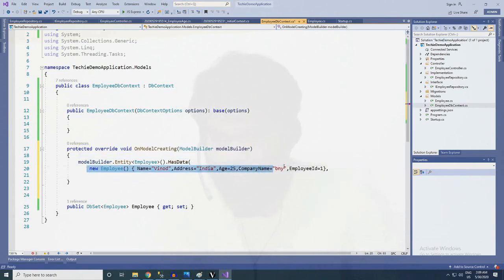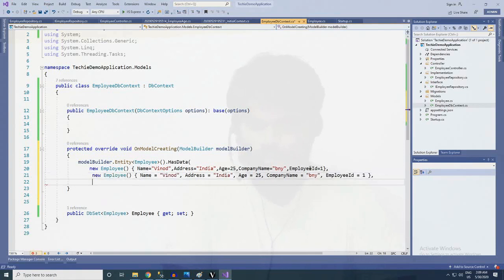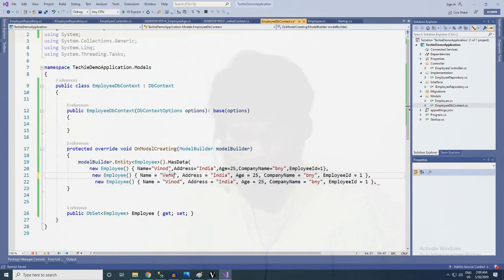So I will be adding the same test data more than once. So I'll be changing the same name to Venkat India, change the age, change the name, and change the employee ID to 2.